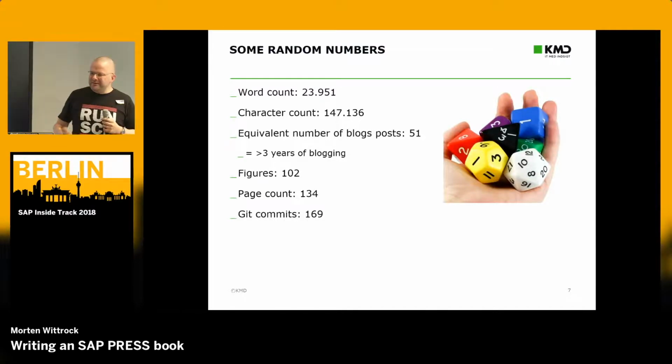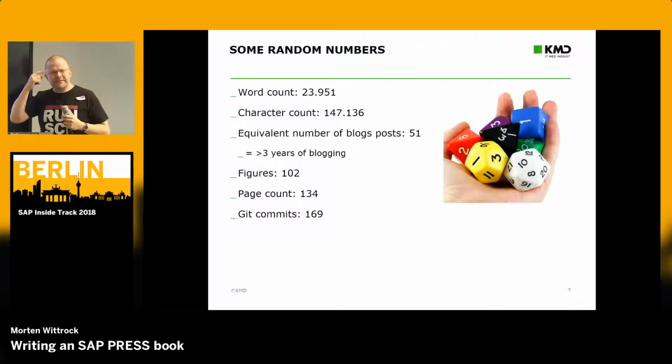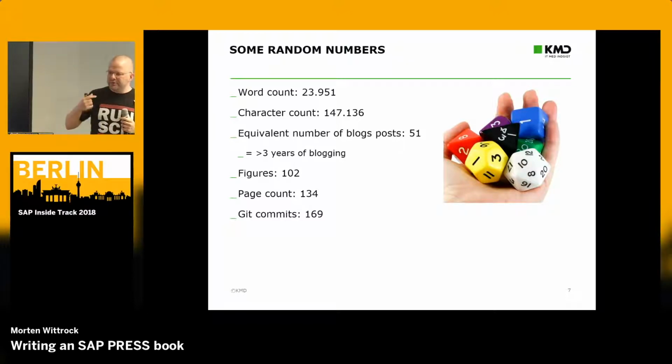In order to give you an idea of the scale of the project, I brought some random numbers. The word count of the book is slightly under 24,000 words. That's slightly more than 147,000 characters. I actually checked the average length of my blog posts on the SAP community site, and the book in its entirety is the equivalent of about 51 blog posts. And at the rate that I'm posting, which is not that often, it represents slightly more than 3 years of blogging, in a period of 4 months. So it's fairly compressed